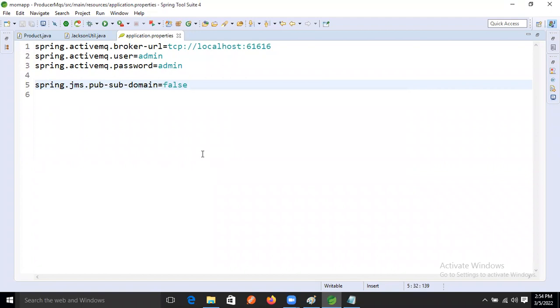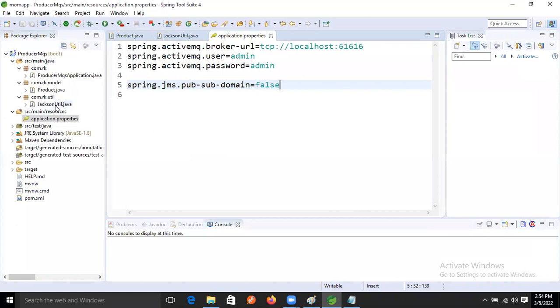If we make it true, then pub-sub communication will be there. If it is false, then peer-to-peer communication is there, right? Now we need to write the logic.